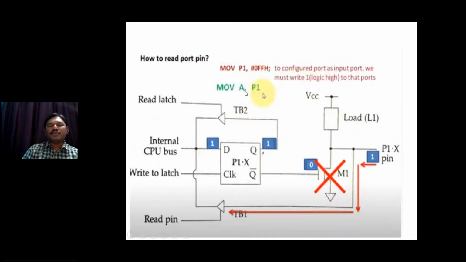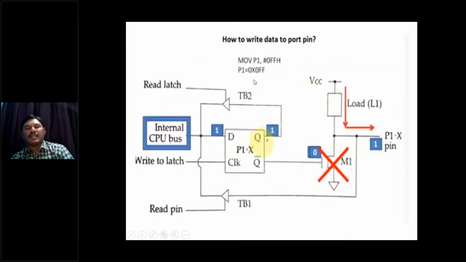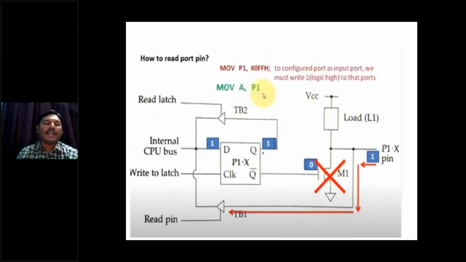Now how to execute this: MOV A, P1 means P1 data goes to A. How does the data go into A? Through this line or through this buffer. This is connected to your accumulator or address or data bus. What happens? These all ones are connected. 8 lines are there here, and these 8 lines are connected to our accumulator, and this accumulator is filled by 8 ones. Like that, here we can read the data 0 or 1.